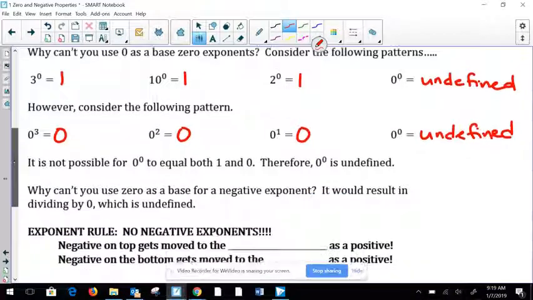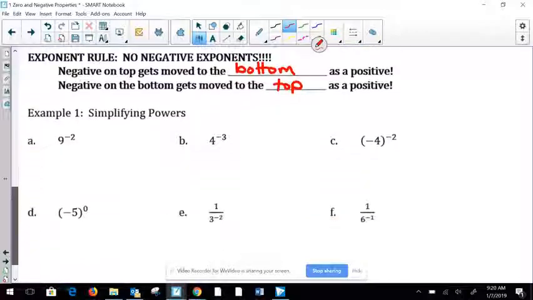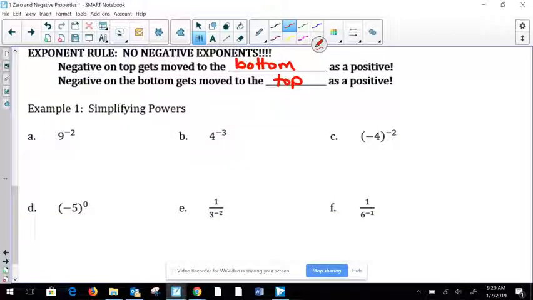So let's go ahead and get started with some of our examples. And like I said earlier, we have that major exponent rule that you need to know and understand. And we're going to keep saying these sentences over and over. A negative on top gets moved to the bottom as a positive. A negative on the bottom gets moved to the top as a positive. No negative exponents. So if I look at letter A, 9 to the negative 2 power, put it over 1